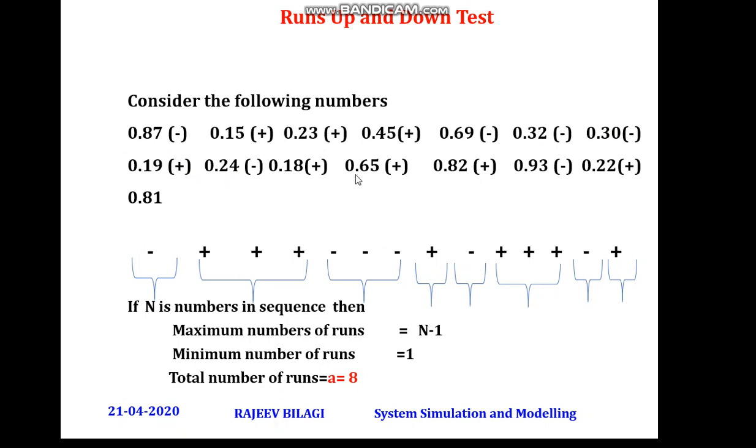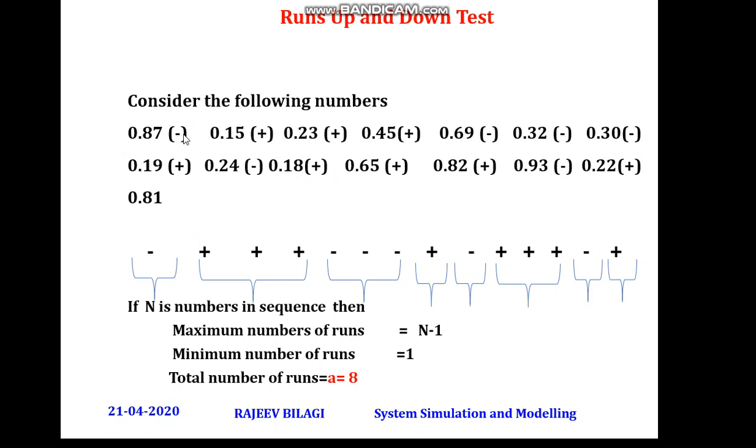So like this you are going to represent the numbers with plus and minus signs. Make a note of it: the last number will not have any plus or minus symbol. Okay, now the same numbers I am going to represent as a plus and minus sequence. So minus, plus, plus, plus. Here minus, 3 plus. Then again I have 1, 2, 3, that is 3 minus. Then plus, minus, plus, plus, minus, plus. Then again I have plus, plus, plus, 3 plus, minus, plus, minus, plus.